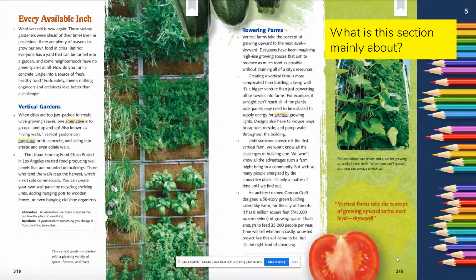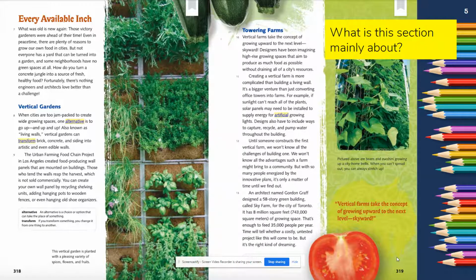Towering farms. Vertical farms take the concept of growing upward to the next level, skyward. Designers have been imagining high-rise growing spaces that aim to produce as much food as possible without draining all of the city's resources. Creating a vertical farm is more complicated than building a living wall.